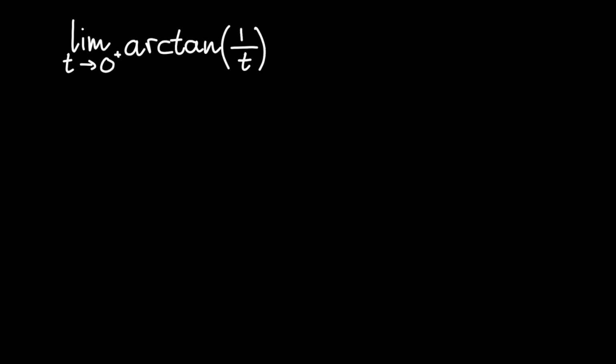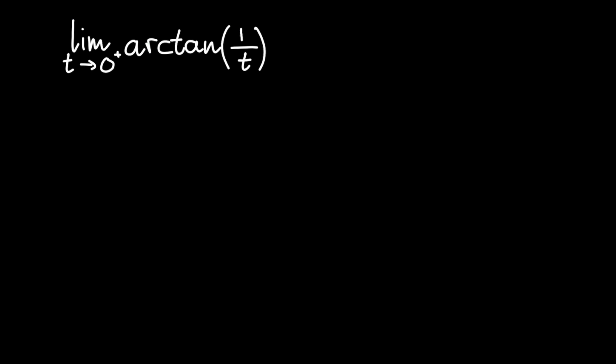Evaluate the limit as t approaches 0 from the right-hand side of arctan of 1 over t. So it appears to be slightly problematic that we're approaching 0 because t is in the denominator, and obviously anything divided by 0 is undefined. So it seems as though this could be something problematic, and so you might try and do all your different